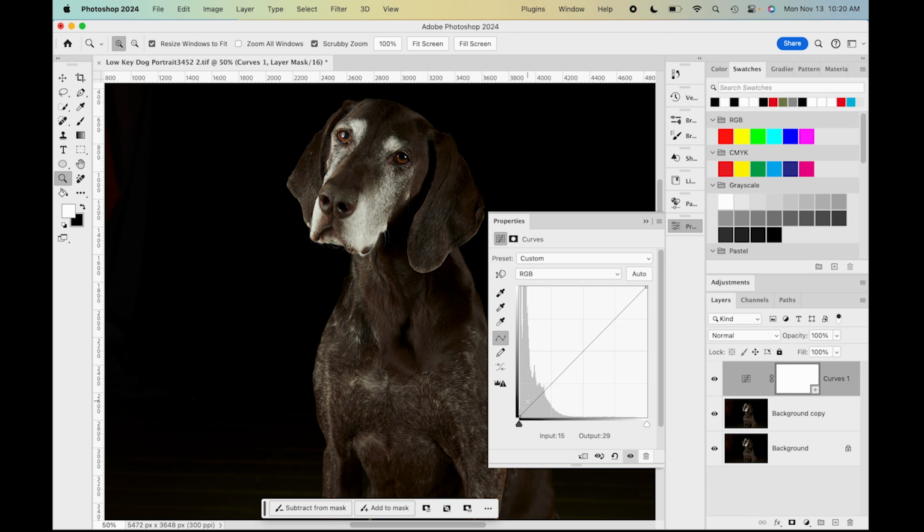So what I'm going to do is line up my little cursor on this line, click and hold, left click, and I'm just going to pull up a little bit. I don't know if you see that, but that pulls up those shadows a little bit, brightens them up, and it does not blow out our whites. So I am going to run with that. That's all you got to do, and then you can just